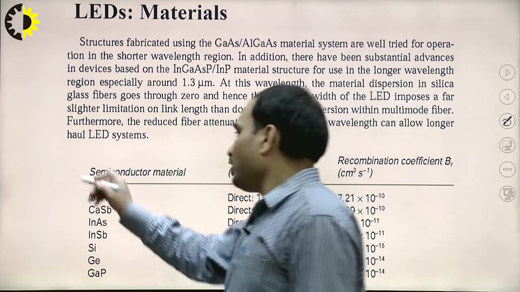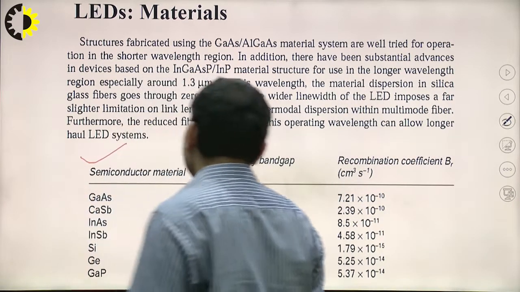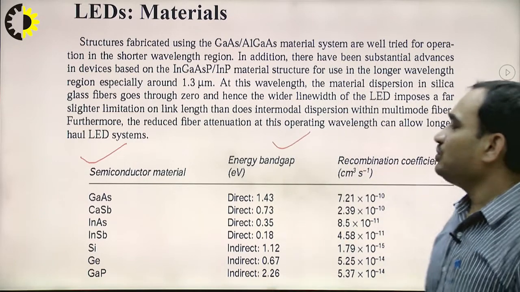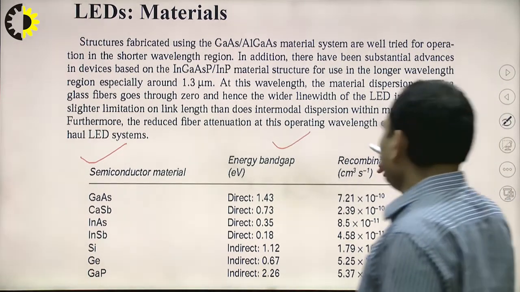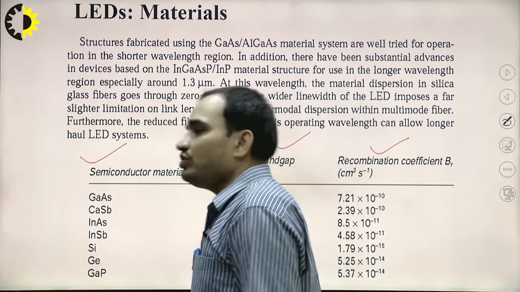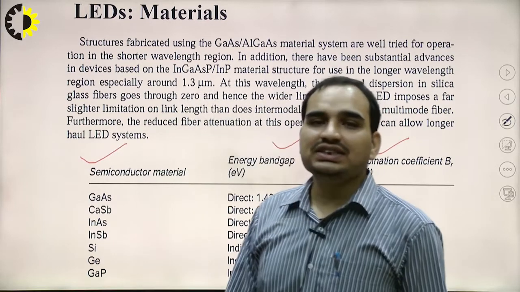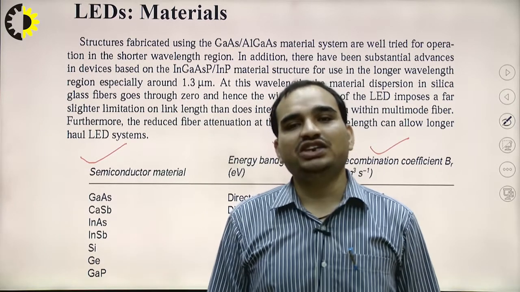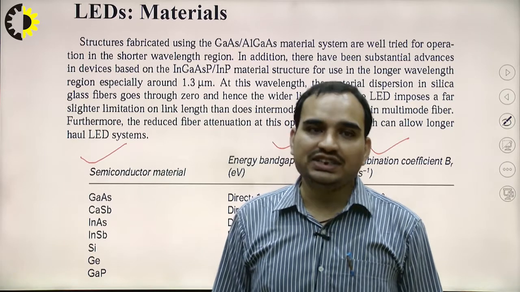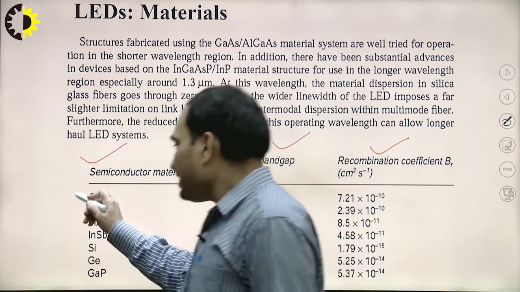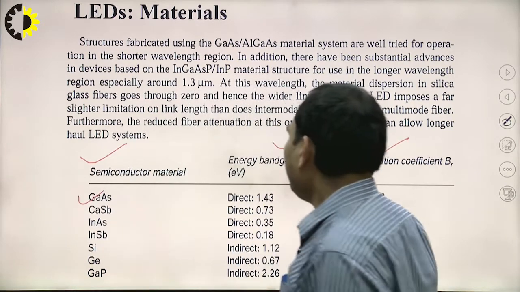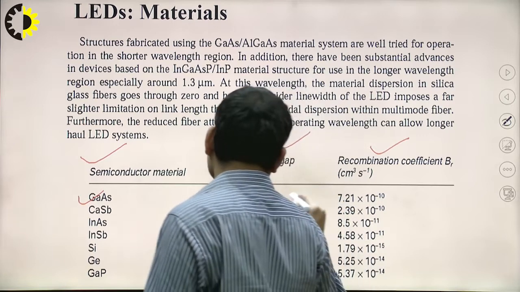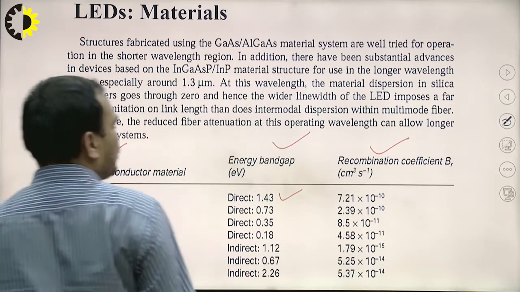The first column shows the semiconductor material, the second column shows the energy band, and the third column shows the recombination coefficient. So by analyzing these parameters, we choose the material for the fabrication of LED. The first material is gallium arsenide, which has a direct energy band gap of 1.43 electron volts, and